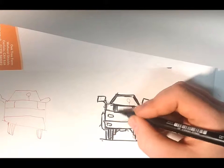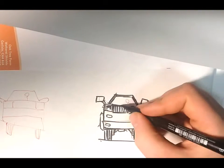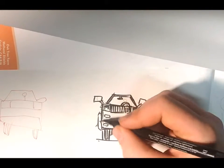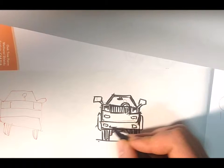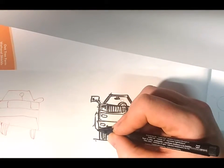Then we can do the grill. And then just do a little bit of detail on the lights. Then let's just do a rear view mirror and a steering wheel. Just like so. And then I'm just going to clean this up a little bit by just smoothing out some